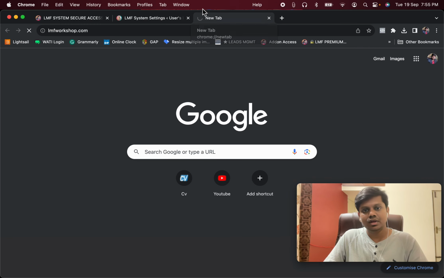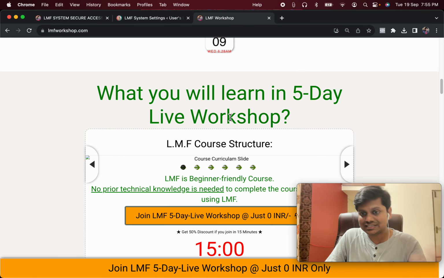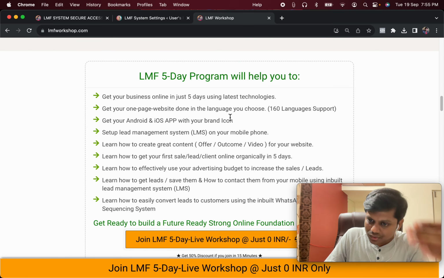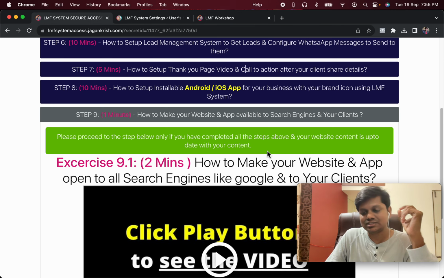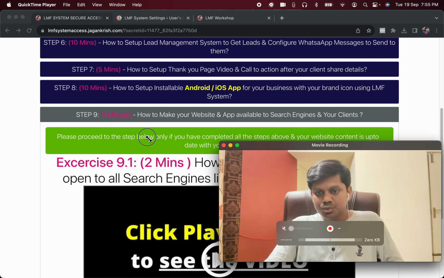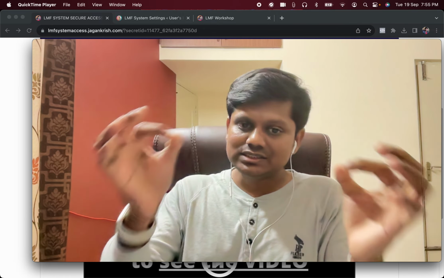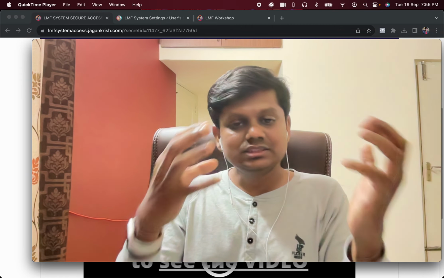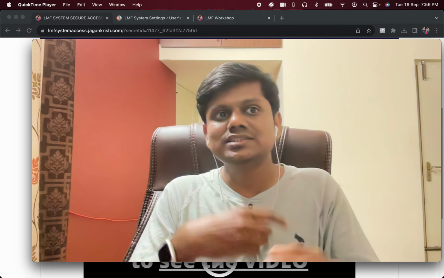For example, if this content is not up to date, this has my website content. Once you complete all the content, only then you have to come and do the sections. The reason why I say this is, once we do this step, the website will be available for all the search engines. The search engine will index the website content. Once the search engine indexes the website content, it is hard to